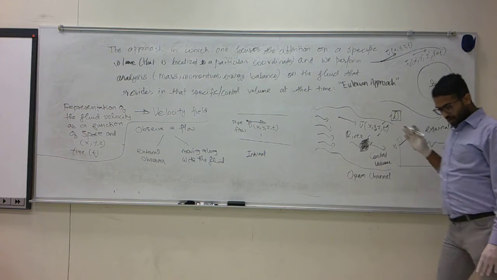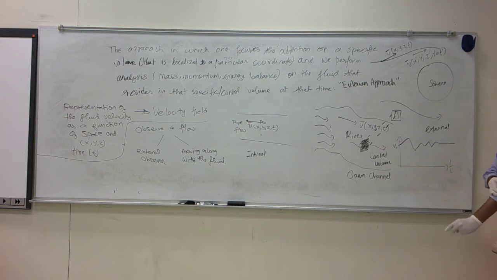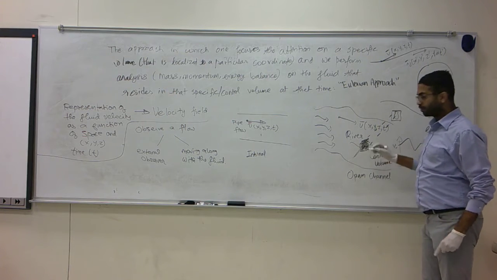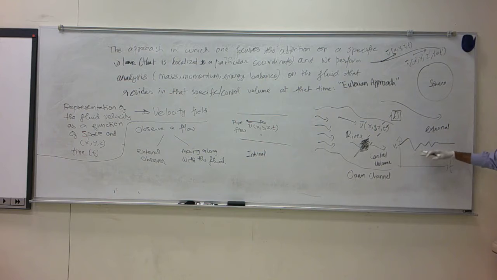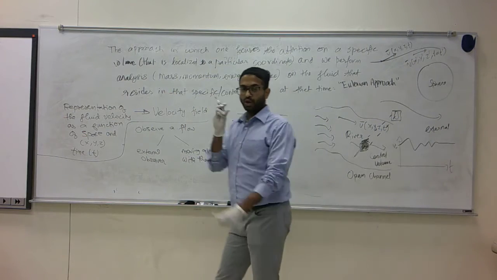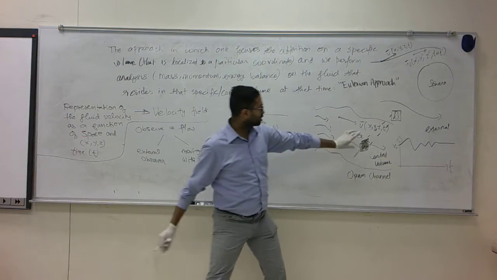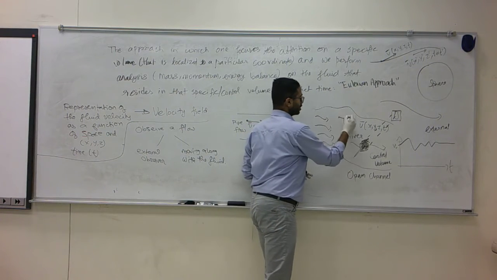Now, I picked this volume. I produced a plot of the fluid's x component of velocity in this volume as a function of time. I can produce this time series. Let's say I put a velocity probe here. I read out the velocity and I print it or I plot it. I get the x component of the velocity as a function of time. Now, the choice of my volume, the location for my volume, is somewhat arbitrary. I could have chosen this volume anywhere in space. I can choose this volume, I can choose the adjacent volume, I can choose any volume.